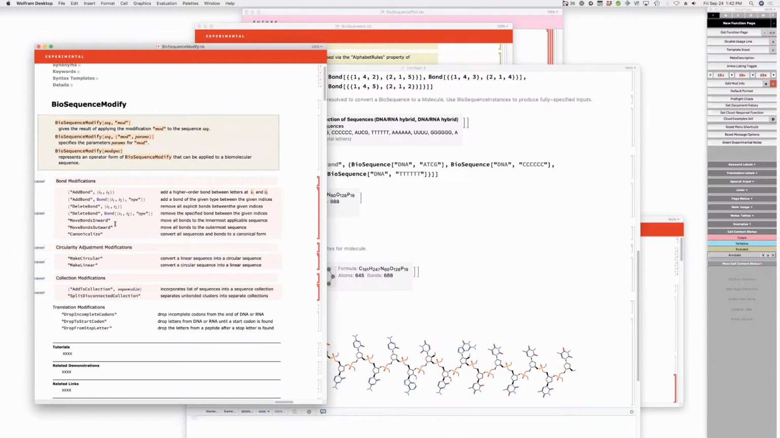Move bonds inwards. What does that mean? That means that if you have bonds on the sequence collection level, but they could be specified at one of the inner sequences, move that bond to that sequence. There's got to be a better word than this. That's just a totally obscure thing. Move bonds inwards sounds like